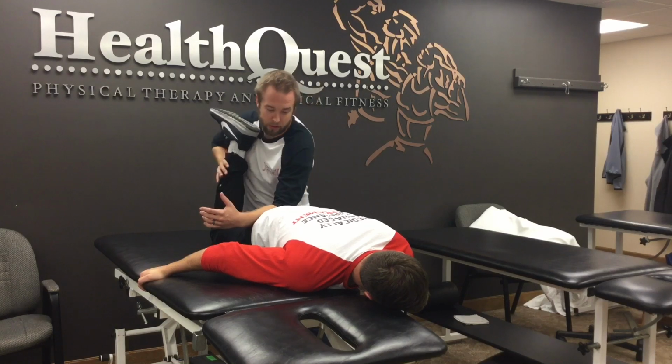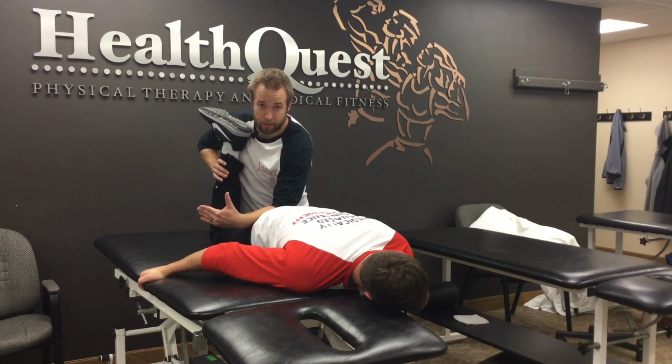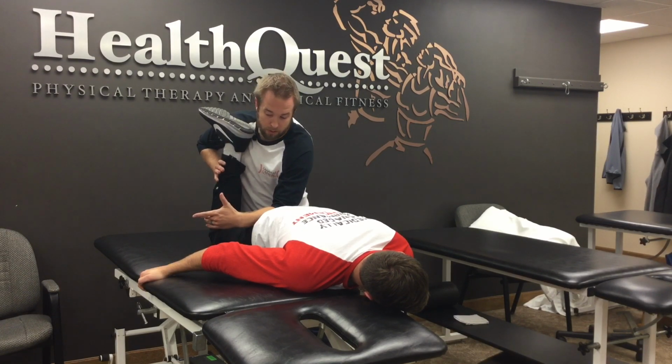We can then use the contract relax techniques that we use in other videos to reduce the tension and get to the true length of the muscle. So I'm going to have Max push his knee into the table and then straighten his leg into my hand lightly. We'd hold that for 5 seconds, relax. I would then ask him, do you still feel a stretch? Is it medium? If it's a little less, we would take up more slack into knee flexion. We would continue this process until he feels there's no change in the stretch and he has a medium stretch. We would then hold the stretch for 30 seconds,